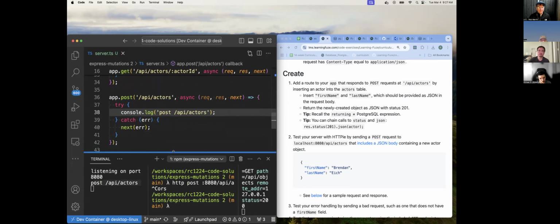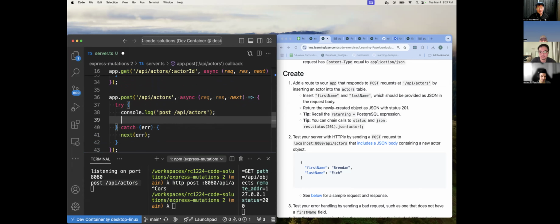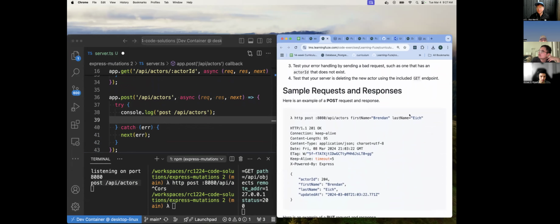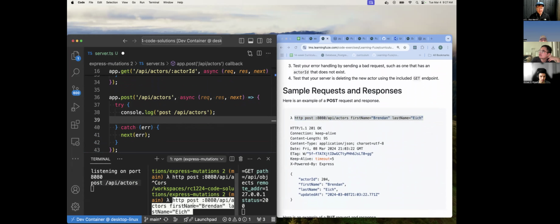And then we want to insert the first and last name. So we're going to have to write a query for the first name and the last name to pass those in. So first I need to get those as JSON. We would get them from our JSON. We're given it in our documentation where we're shown what this should look like. So we're going to make a query from our client, post 8080 API actors, first name Brendan, last name Ike. I've already done this, so I'm going to go ahead and